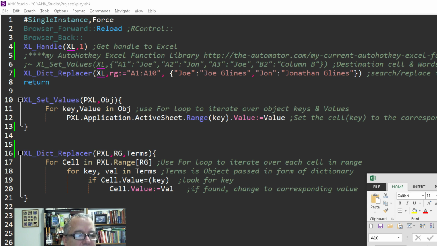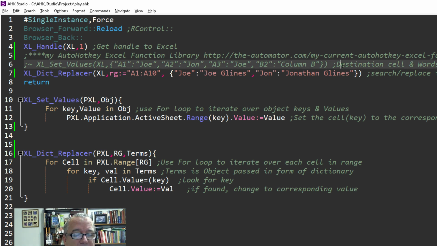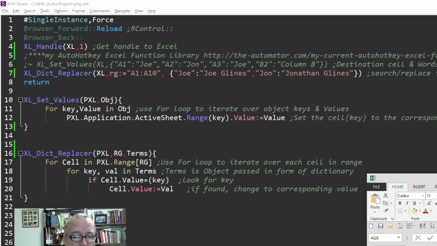That one should stay the same, but you can tell it whatever range you want, and then it's a key value pair. When I find the word Joe, put in Joe Glines. When I put the word John, put in Jonathan Glines. So I'm going to save this, reload it. Let me get back to my Excel file, and now when I run it,